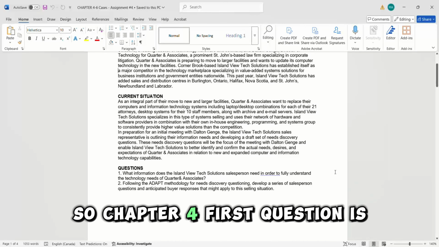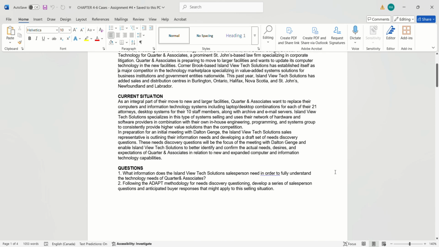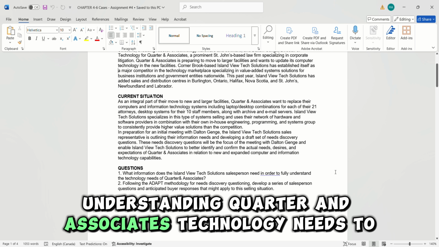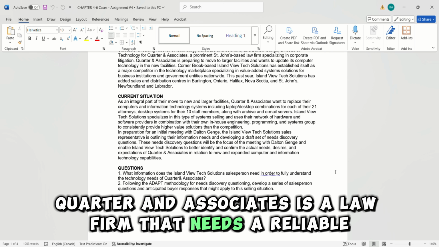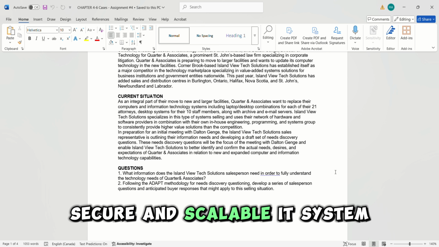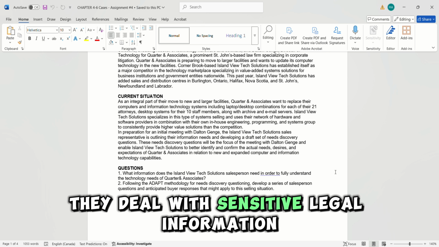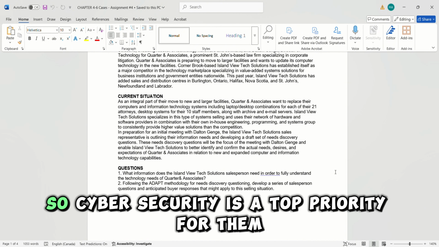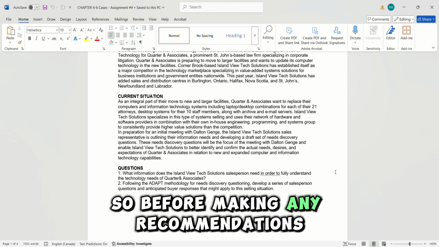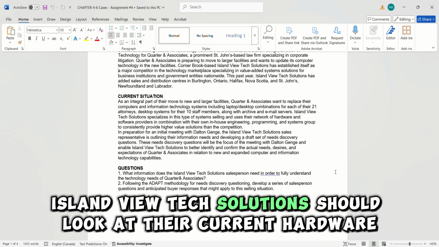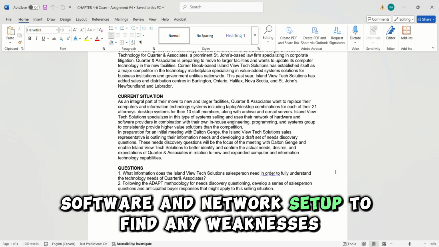So chapter 4, first question is understanding Quarter and Associates' technology needs. Quarter and Associates is a law firm that needs a reliable, secure, and scalable IT system. They deal with sensitive legal information, so cybersecurity is a top priority for them. Before making any recommendations, Island View Tech Solutions should look at their current hardware, software, and network setup to